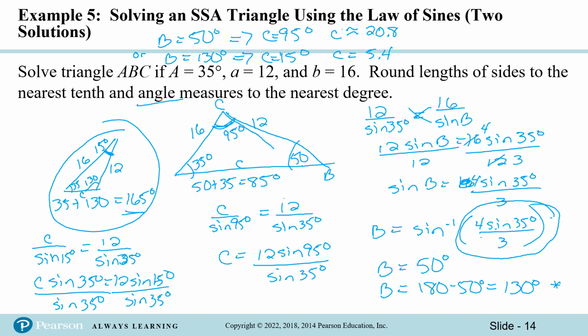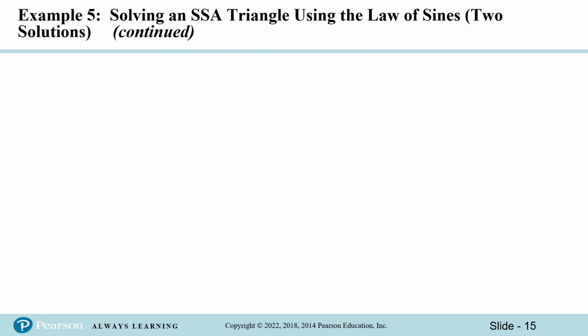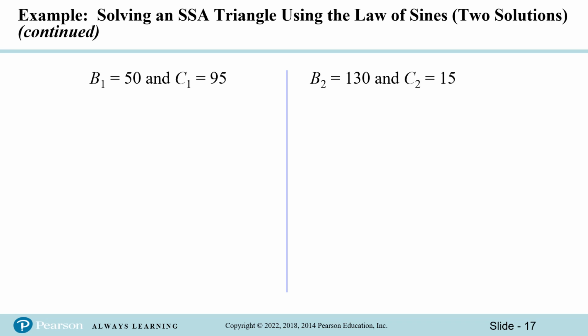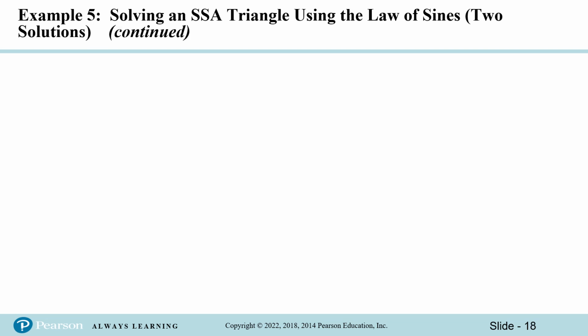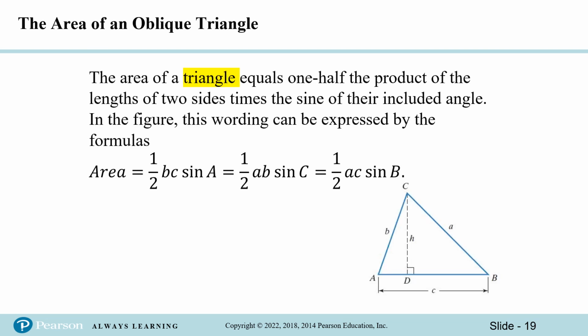Whew. Yeah, we don't like this side-side angle thing. Those are the two different cases. It could be either 50 or 130, which would make angle C 95 or 15. Okay,